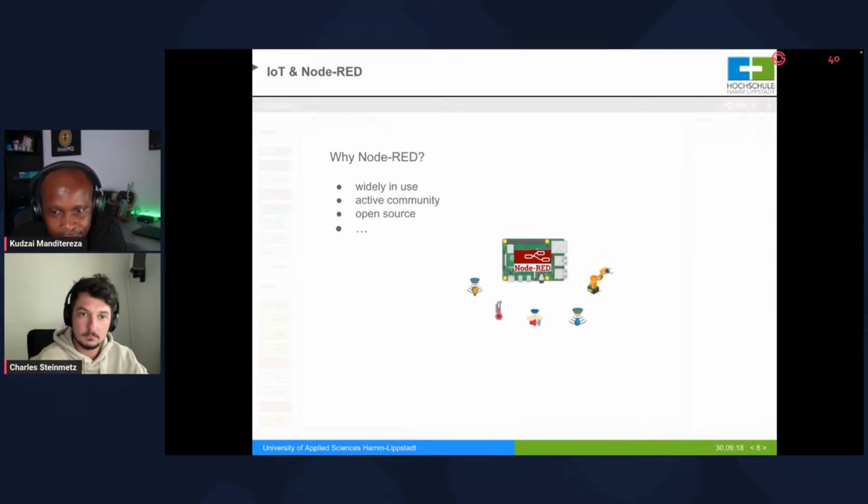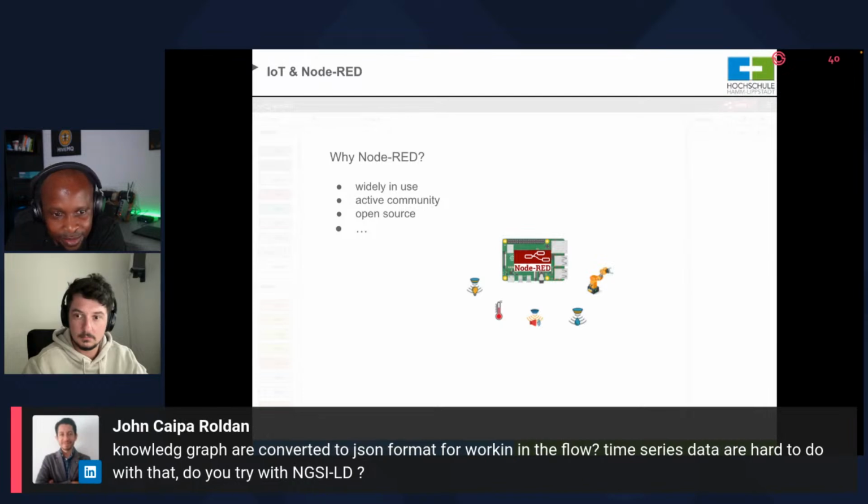Okay, so I think before we move on, let's look at what John is saying. John is saying knowledge graphs are converted to JSON format for working in the flow. Time series data are hard to do with that. Did you try with NGSI-LD? No, I haven't tried yet, but